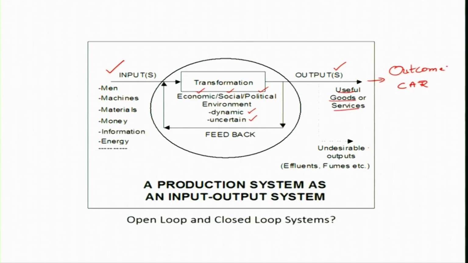The ultimate purpose of any system is the outcome, and the outcome is in the form of customer satisfaction. And customer satisfaction, as we said, means good quality products at a competitive price, deliverable to the customer at the place and time as per their requirement, and then some kind of innovation in the product. So, that is the broad aspect of our system approach to production and operations management.